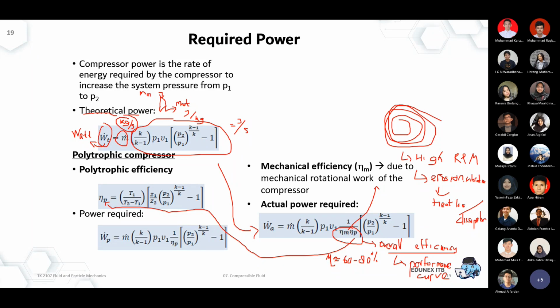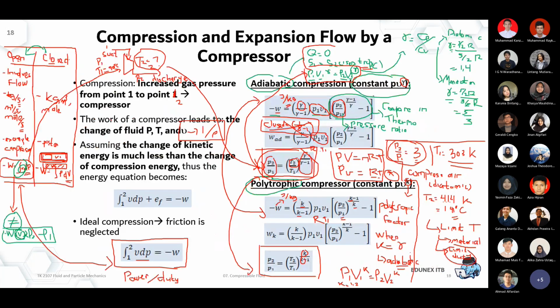And it depends on the compressor that you use. You see on the performance curve what's being given as a factor. The easiest way to differentiate between adiabatic and polytropic is to find the polytropic factor. Again, find what the polytropic factor is. If it's not given, or if it's anything other than gamma, then you should use the polytropic equation.